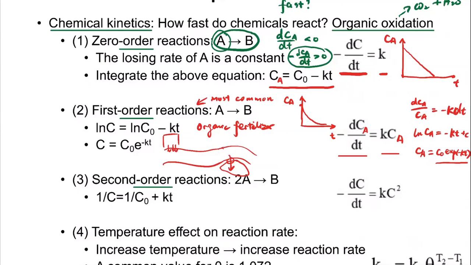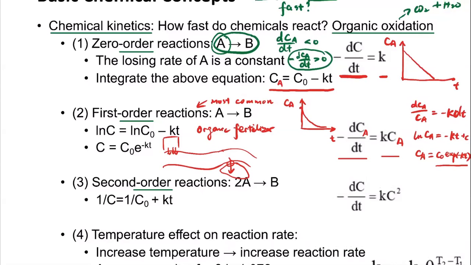Within the river, there are a lot of bacteria which can oxidize these organic fertilizers into carbon dioxide and water, right? Definitely we don't want this water treatment plant to be very close to the farmland, because in that case, humans are basically going to drink that. So under this situation, we need to know how fast this organic fertilizer is being decomposed. People actually determine the reaction rates. They found that the oxidation follows the first order reaction, and then they can also determine what the K value is. So if we find that K is equal to 1 per day,